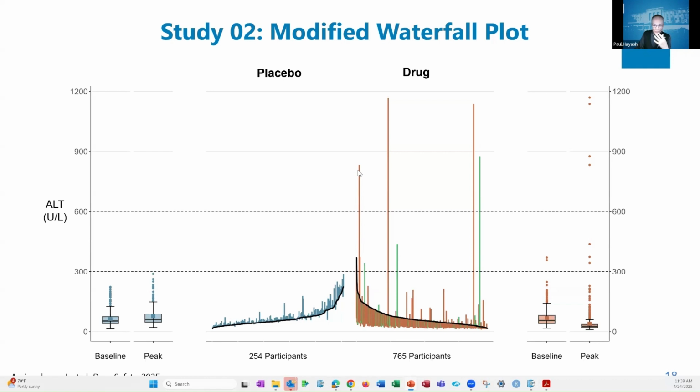Ideally we would just have a list and we would just go after these, or you could point to them and it'd tell you the case number. So this is a modified waterfall plot. This one would be an all-in-one. It would take care of all 3 functions, all in one graphic, if the bilirubin has been restricted at enrollment. So you only have the baseline ALT to worry about. So we're still working with these plots. We've worked on it with one more trial at this point, and it seemed to be working okay, both the Sankeys and the waterfalls.